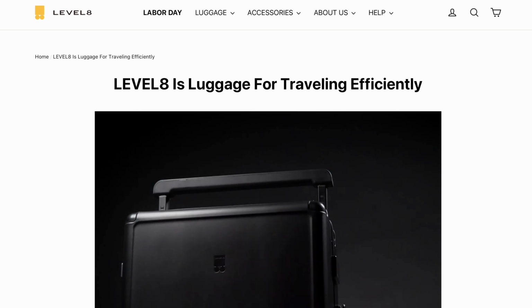Level 8 also backs their luggage products with a lifetime warranty that covers any functional damage to the shell, wheels, handles, zippers, or anything else that impairs your use of the luggage caused by manufacturing defects in material and workmanship. I have no hesitation in recommending Level 8's products. I would say that my favorite would be the Voyageur large case with the wide handle and the Road Runner